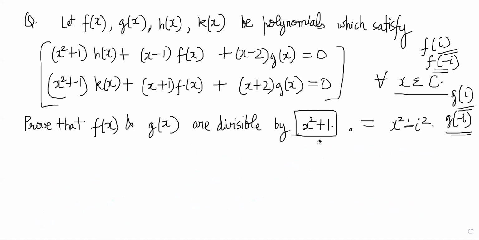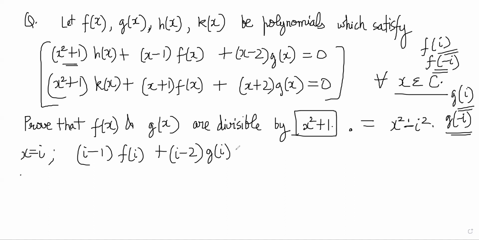So let's put x is equal to i in this relation. You get this part will vanish because i squared plus 1 is 0. You will get (i minus 1) f of i plus (i minus 2) g of i equals 0. And in the second one, you get (i plus 1) f of i plus (i plus 2) g of i